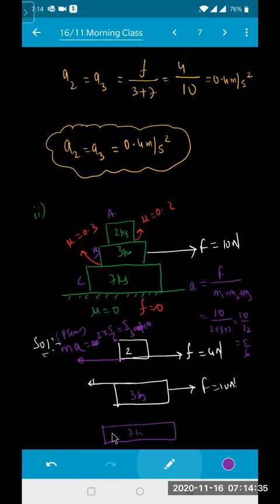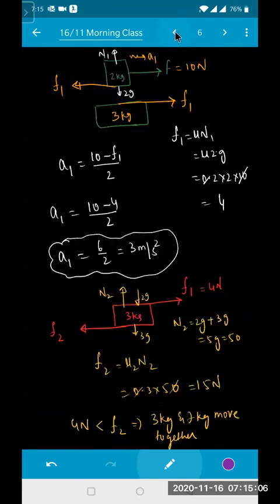Between this 3 kg and 7 kg, how much friction are we getting right now here? 15. Isn't it? And on this one is also 15 newton. But on the ground, the friction is how much for me? 0. So your applied force is greater than this one, kada. 3 kg and 7 kg will be moving with one common acceleration, and 2 kg cannot also break the bond between 2 and 3. So the total system is moving with your one common acceleration. Is that clear? Yes, sir.